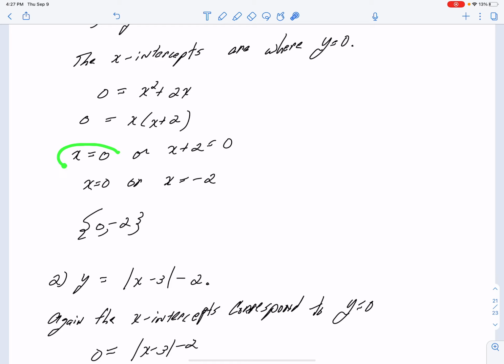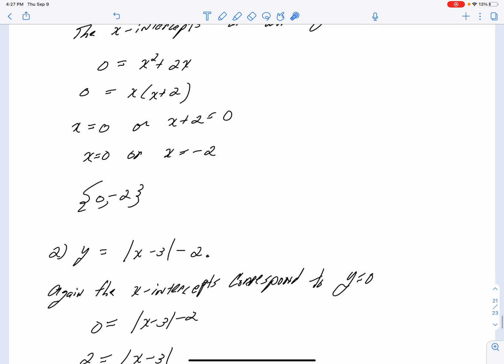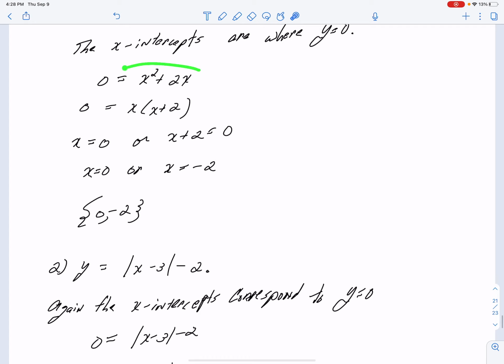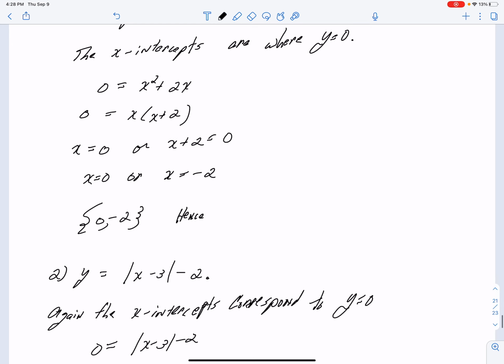So either x is 0 or x plus 2 is 0. Which says x is 0, or, subtracting 2 from both sides, x is equal to minus 2. So my solution to this equation is 0 or minus 2, hence the x-intercepts